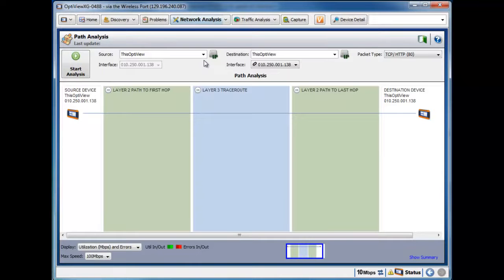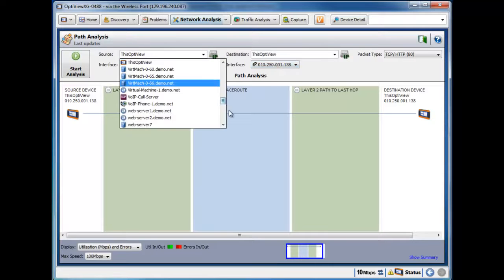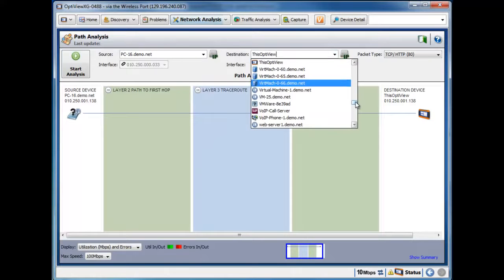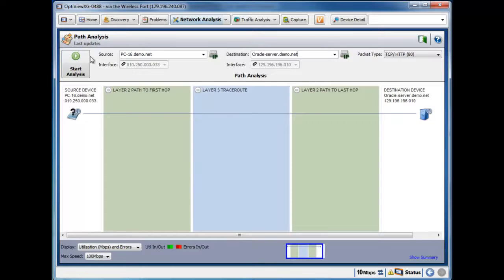Here we see the path analysis feature. This features a starting point and a destination point. We will select the user's PC as the starting point for our path analysis. For this demo, we'll call it PC 16. The resource they're trying to access is the Oracle application. Here's a server that's involved with the Oracle application, so we'll set that as the destination device, and then hit